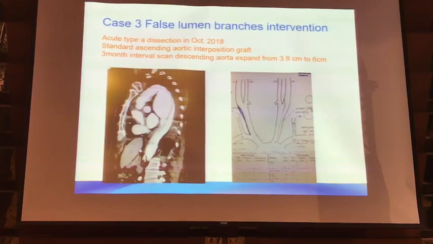The third case I do, you see not all of these I deal with in an endovascular setting. Recently, the first case I want to show you is in October 2018. The patient had a type A dissection with a standard heavy arch repair. The patient had a very complex dissection and the remaining type B. However, at 2.5 months